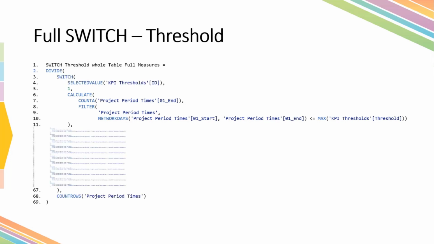And this block from the 1 to the closed bracket, you just have to repeat this for every KPI that's there. So it looks like a lot of text. I mean, I'm at line 69, which maybe for some people is not a lot, for others maybe a lot, for one single measure, but it's just 12 times the same block of text. So it's nothing too challenging, let's say, at least in my opinion.